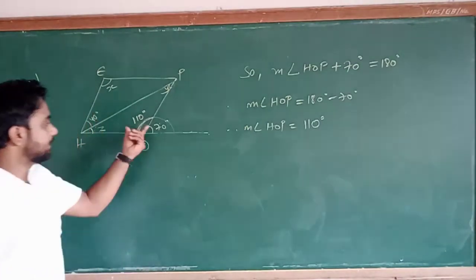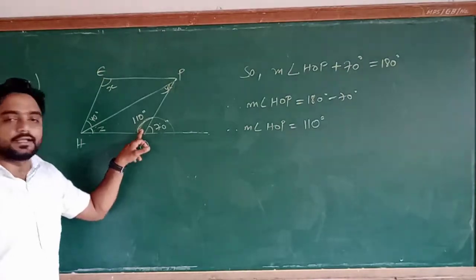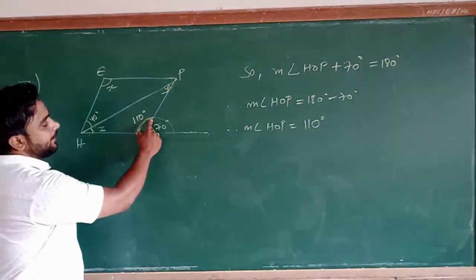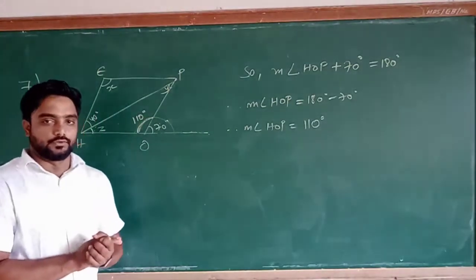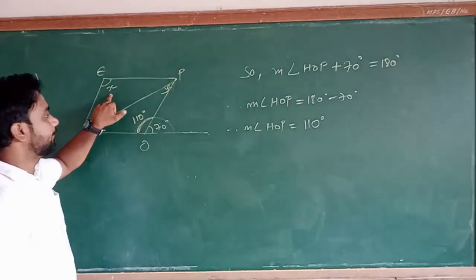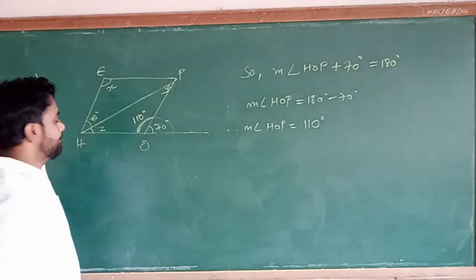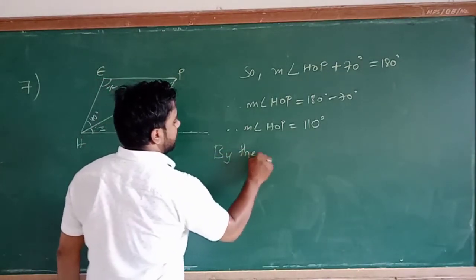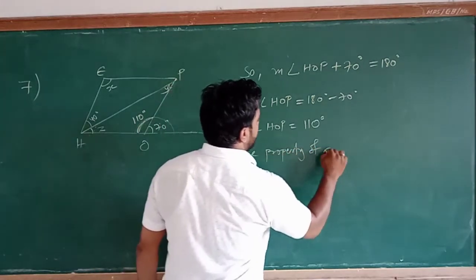Okay, now this angle is 110 degree. देखो exterior angle 70 है और interior angle कितना है? 110 degree. Understand or not? Now suppose this angle is 110 degree. Now here I will use the property of a parallelogram, in order to find the value of the unknown angle, that is x. Okay, so by the property of parallelogram,